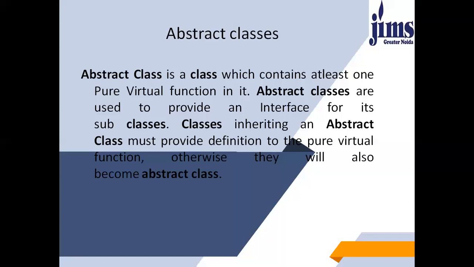The classes inheriting the abstract class must provide a definition for the pure virtual function. Otherwise, the subclass would become an abstract class itself. The return type of the virtual function must be consistent throughout all of its implementing classes. We will be discussing in detail what inheritance is and what a pure virtual function is. We'll be taking some more examples on these two topics again in a future lecture of mine.